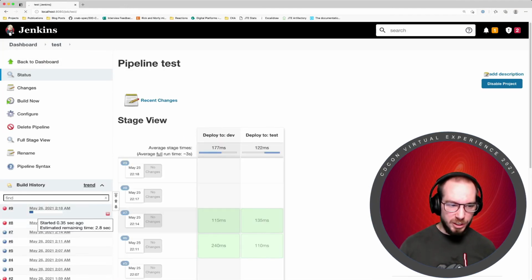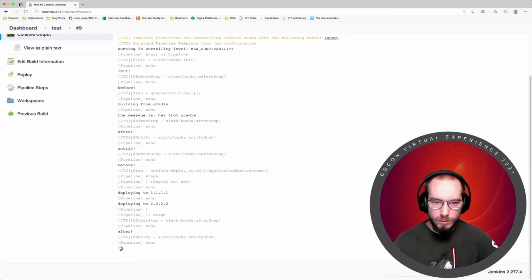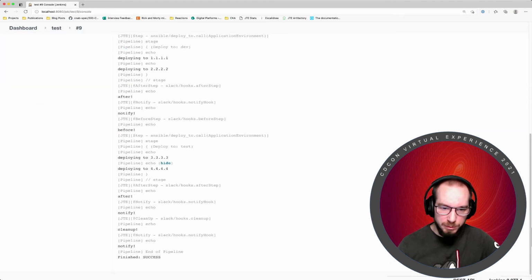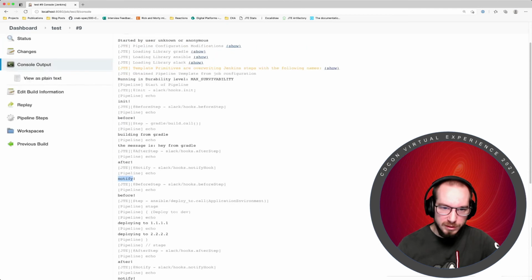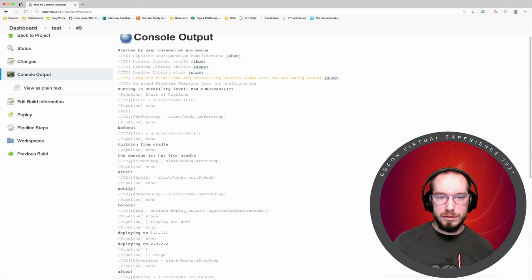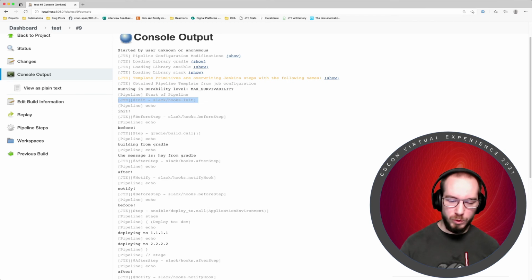So we rerun this job again, and we'll see that these messages from our hooks are getting printed out at a lot of key places. So again, JTE will tell you what it's doing as it does it, right? One of the honest drawbacks to JTE is you have code coming from a lot of different places. So to facilitate troubleshooting and debugging, these messages make that really helpful to figure out where is this output coming